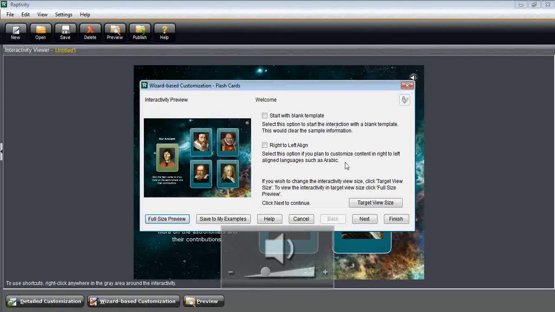And then the right to left alignment. So again, if you are going to be working with the language that reads from right to left,